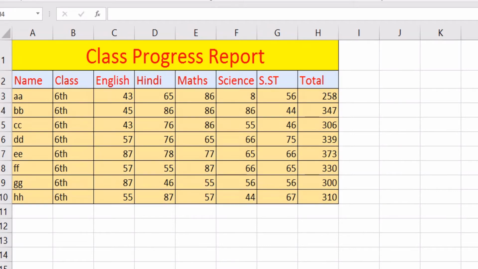Children, here I am going to show you how to edit data in a worksheet. Let's imagine I want to change the marks of AA in science. So I have to double click on F3. When I have double clicked on F3, you can see a cursor in that cell. Then I have to press the delete key and then with the help of the keyboard I can write the new marks. And after that when I press the enter button, you can see the total is automatically changed. It means the marks are updated.